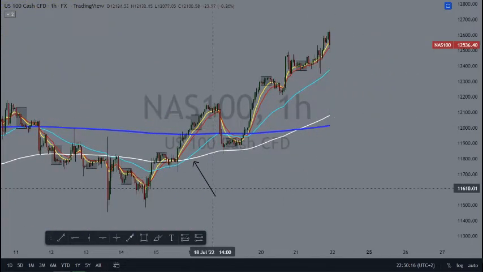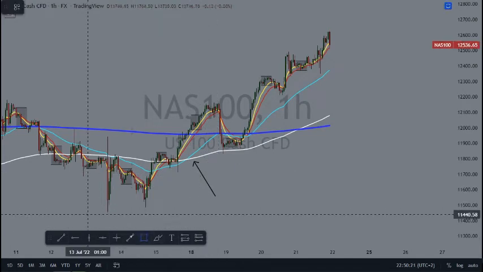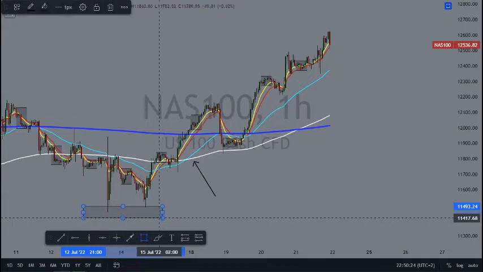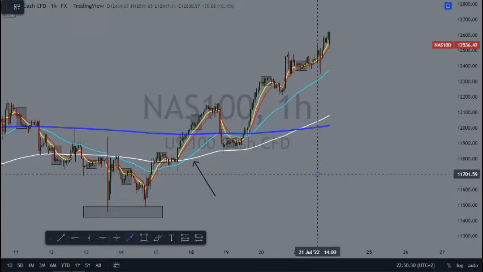So whenever we get a 5200 cross, it means that our peak formation has been locked in. This is the low of the week. It means that our peak formation has been locked in. And then if you can also see here, we also have